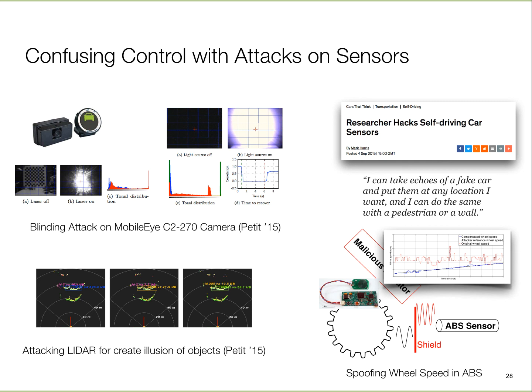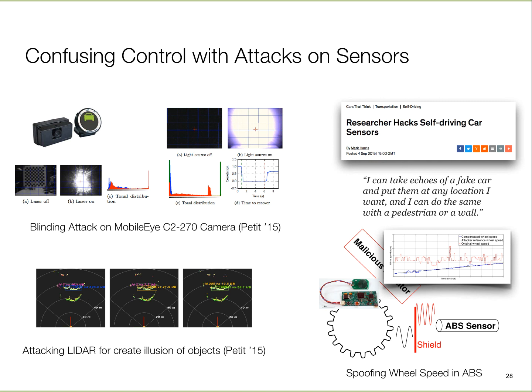So what is the ABS system? Does anyone know in cars? What does it do? Let the car not stop immediately, let the car stop gradually. Kind of. Okay, so the idea is the following: if you just slam the brake, and there is, let's say, snow or ice on the road, then your car will skid. Your wheel basically gets locked and this is skidding. To prevent that, you're supposed to pump the brake. Except as humans, it's pretty hard for us to do that pumping, particularly in panic.